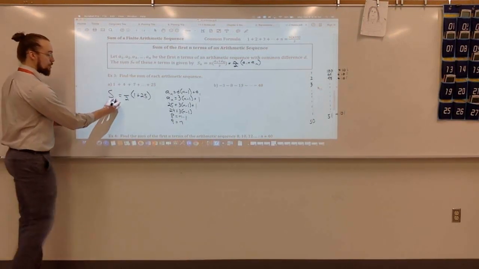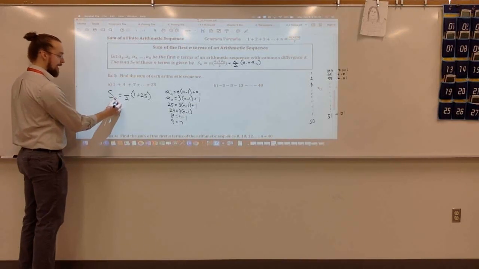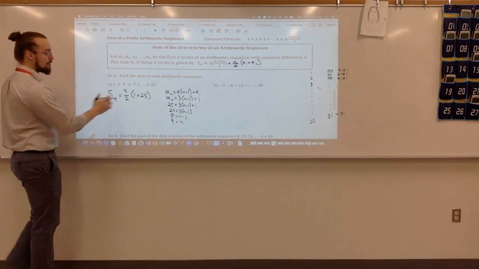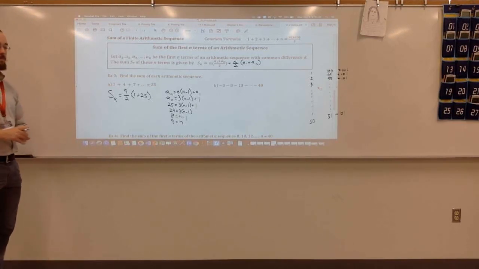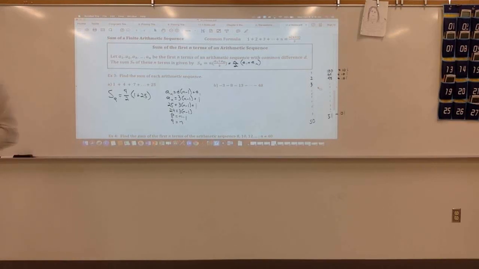So this is going to be s sub 9 equals 9 divided by 2 times 26. Let me write down all of this stuff. I'll make a short puzzle to finish out these notes. Okay, and then